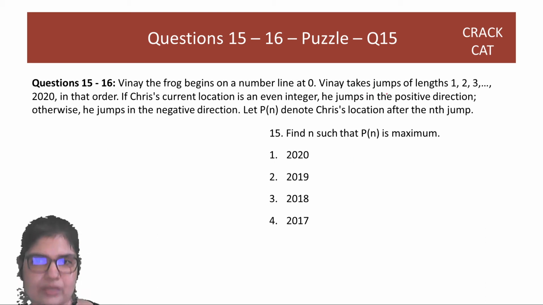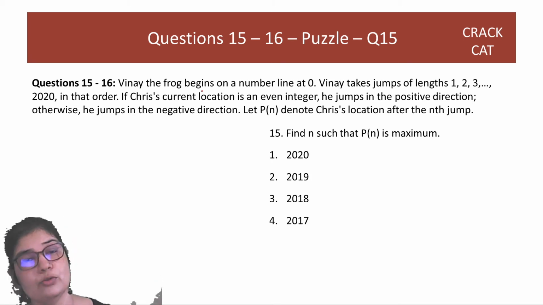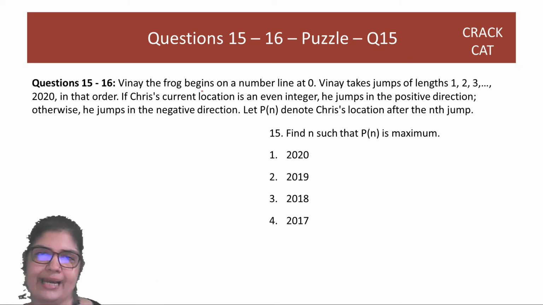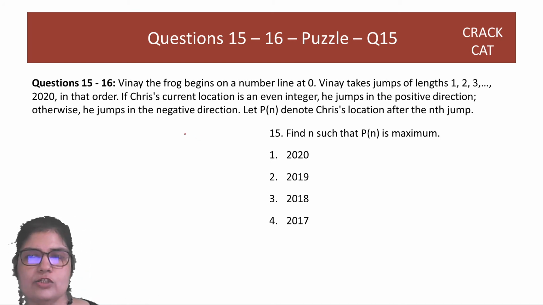You have to understand the question, and once you see these big numbers, like 2020, nobody expects you to find out what is happening at every step and then do it 2020 times and add it. Nobody expects that. There must be a pattern. You just have to find the pattern. Okay, so let's go to the job of finding the pattern.